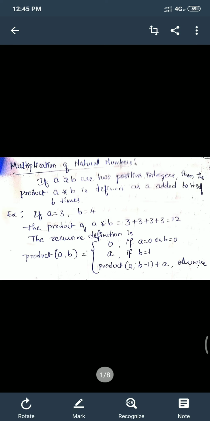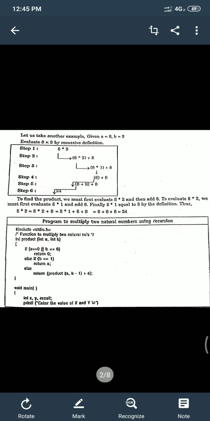Let us take another example. Given a is equal to 8, b is equal to 3, evaluate 8 into 3 by the recursive definition. You could see the steps. Step 1, 8 into 3. Step 2, 8 into 2 plus 8.